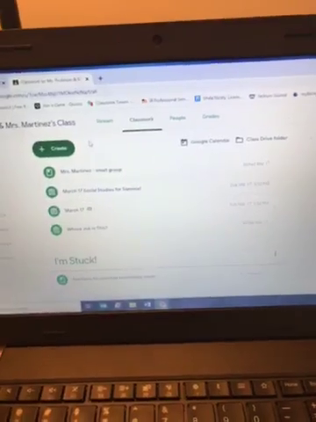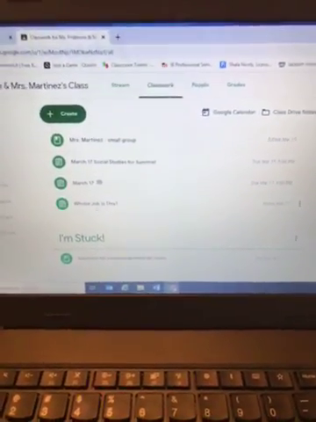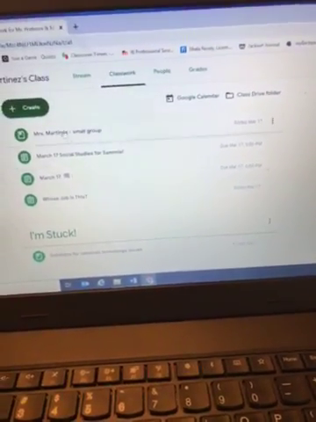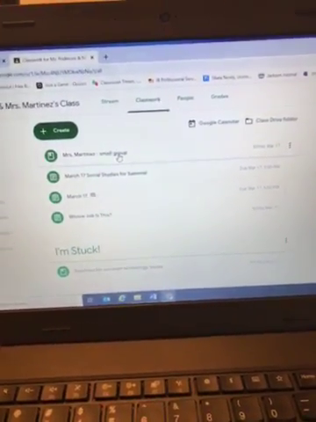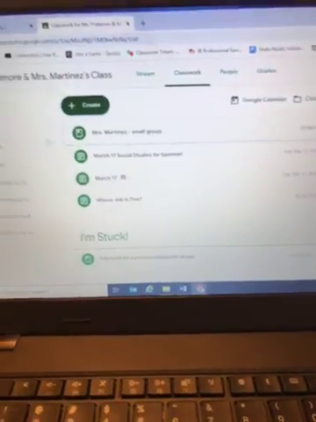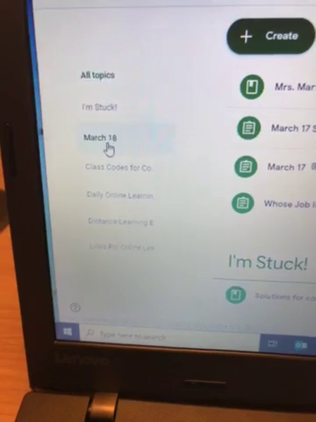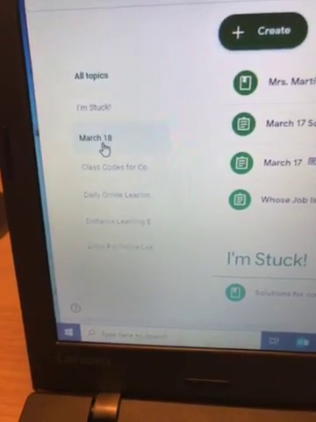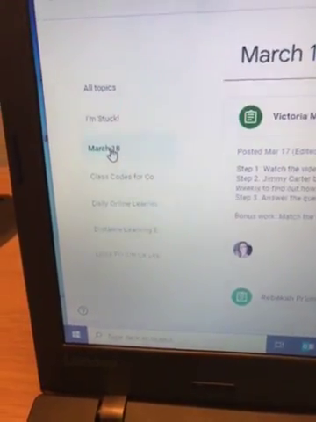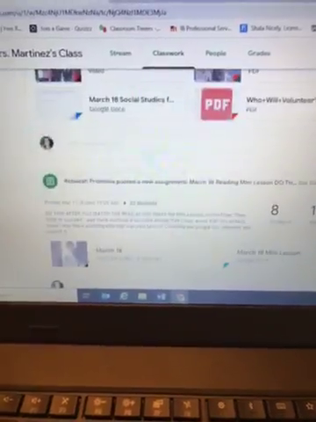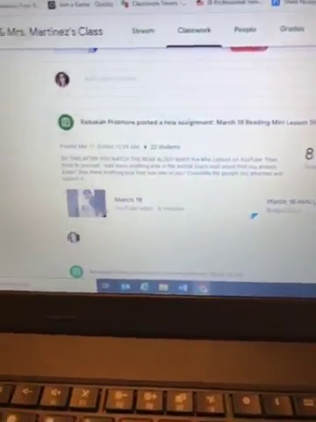Don't get all confused with what just happens to be at the top, okay? There's a lot of materials here and old assignments that I wish I could make go away, but I can't. So over here in all topics, scroll down to find the date. Once you click on the date, now all the things that you're going to see are lessons for that